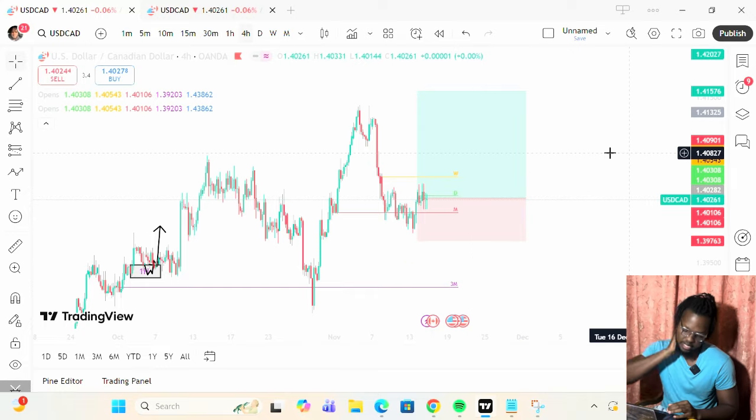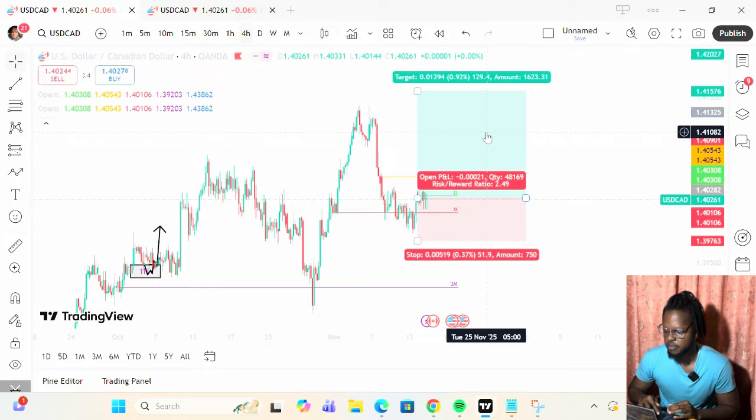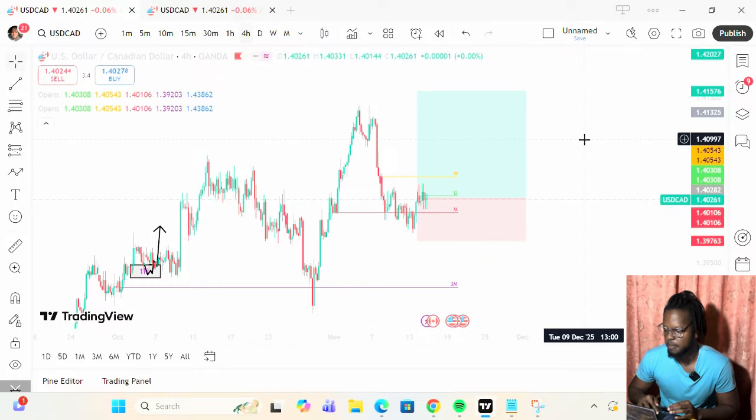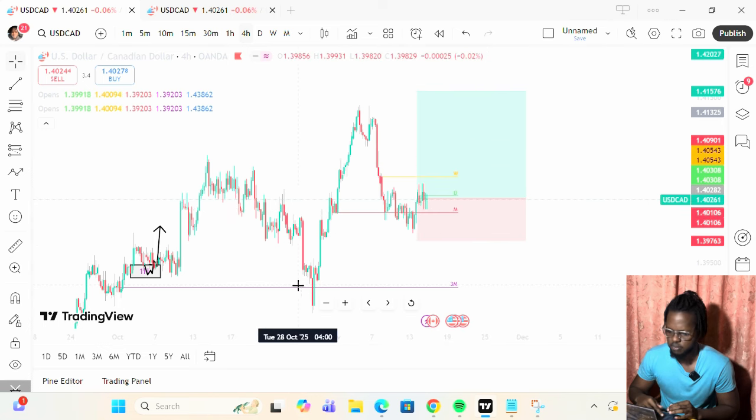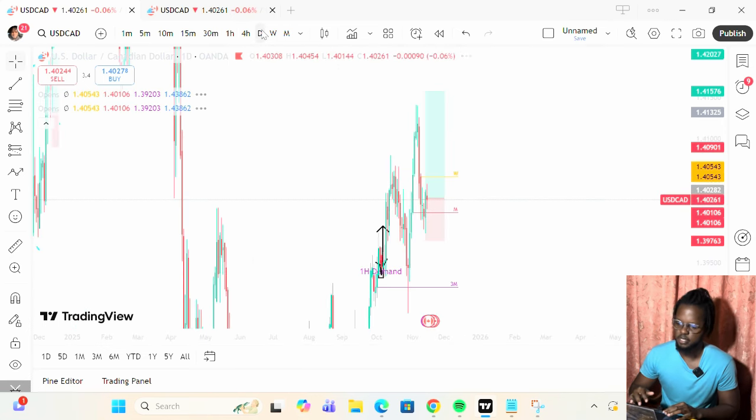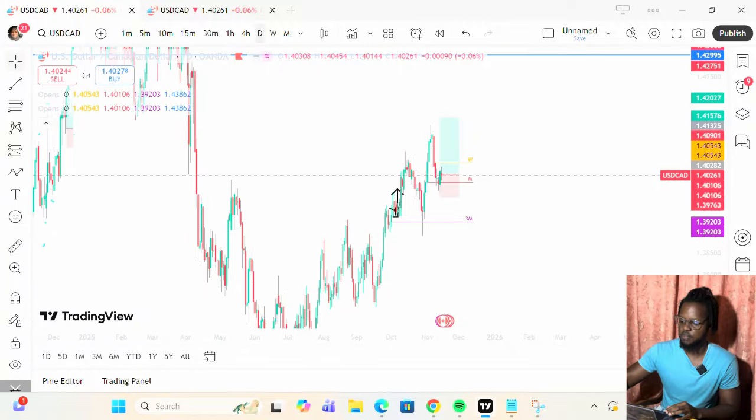In my opinion, I think it looks good to set a new high. It's about a 2.5 to 1. Yeah, I think it looks good for longs, if I'm being honest with you. I don't think much needs to be said here. If you look at it from the daily, you can see for yourself, we're very bullish.